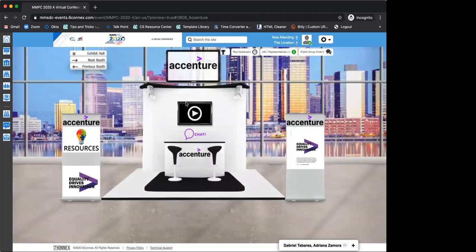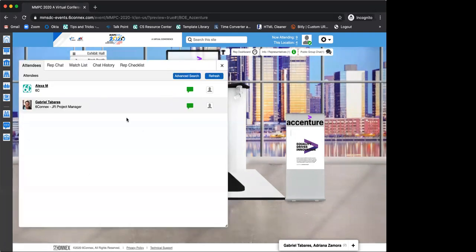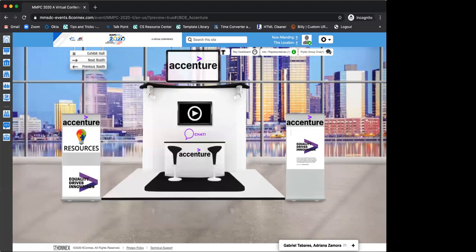Now, keep in mind something. When you leave here, you're no longer going to be able to see your public chat or the rep dashboard. Okay, so if you're going to go to see other booths, that's fine. Just remember, until you come back to your booth, you won't be able to see this function because you are only assigned as rep on your booth. So if you go out of the booth, you're not going to be able to see that anymore.